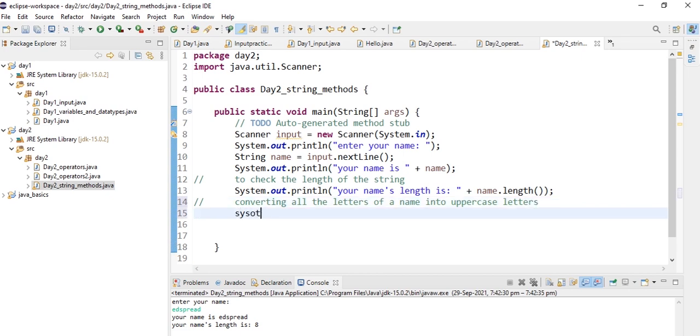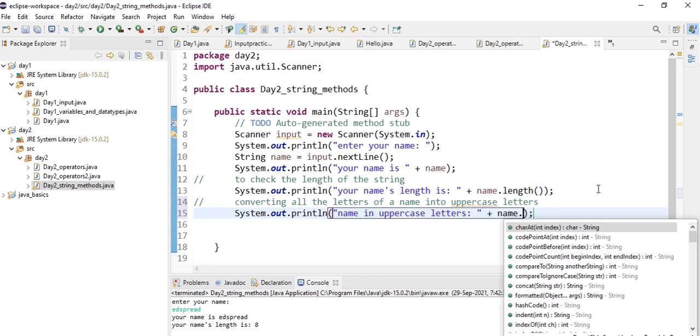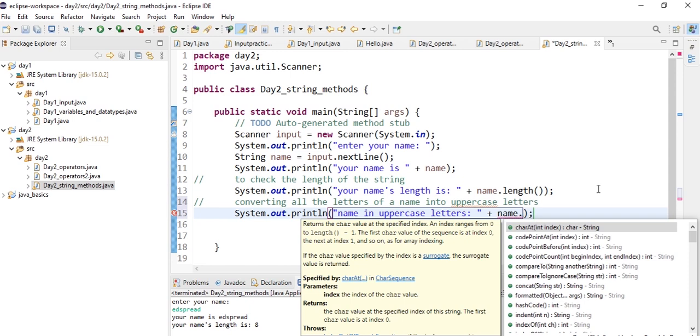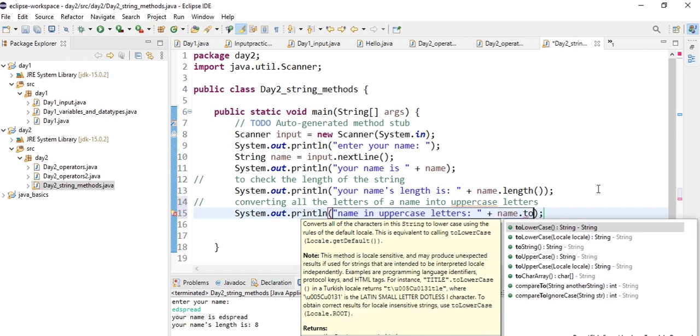So we are printing out, let's type name in uppercase is name.toUpperCase.